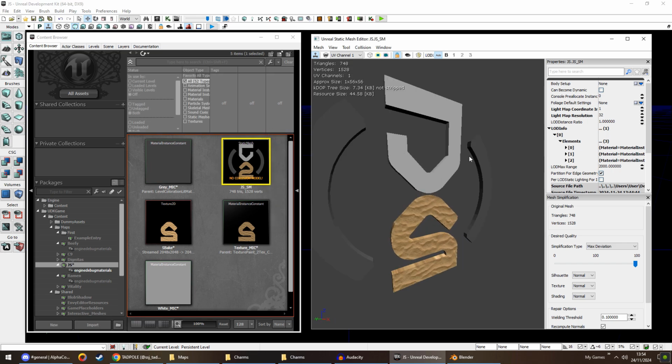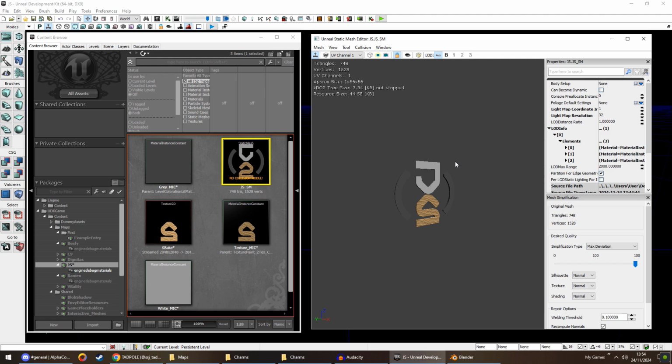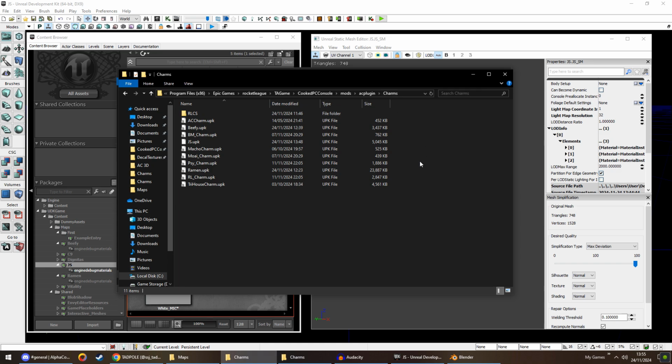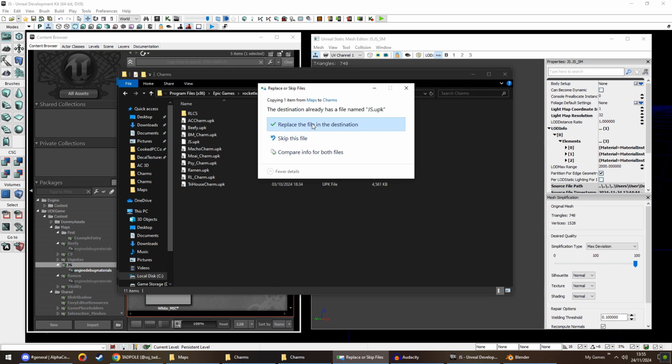There we go. That's now a lot smaller. Once we've made that change, save current level, this first floppy disk icon. Now it's done, we can open up where our UDK is saved. Click, copy, go to our mods folder, paste, yes,